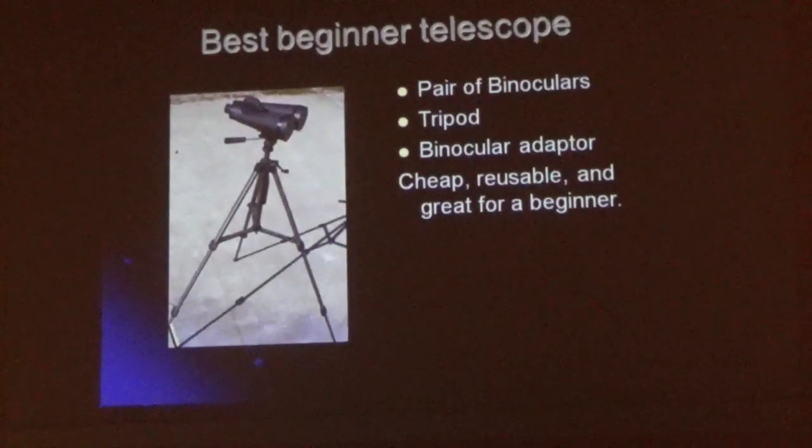Now, beginner telescopes. This is what I recommend. This is a simple camera tripod. And it turns out that if you buy a pair of binoculars, there's a little adapter right here, which is exactly the same size as a camera mount. You can buy this little L-shaped thing here for about $10 at Amazon.com, and you can convert any tripod and